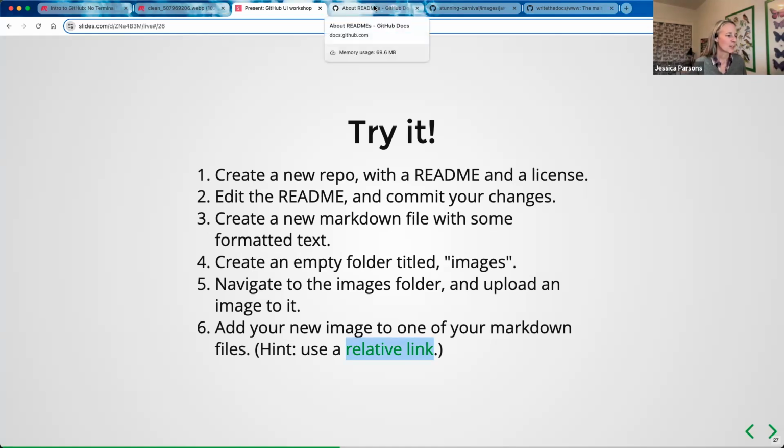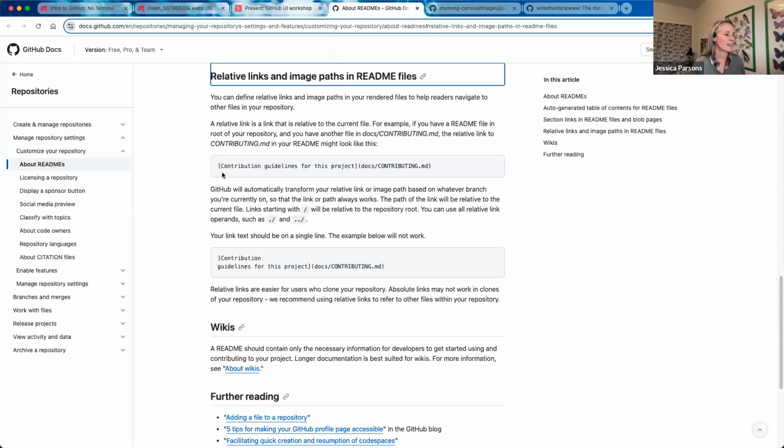But I think I'll just show it real quickly. So you want to have a relative link, which explains in here how to do relative links. With those, it's similar to if you've written relative links inside of web pages and things like that. It just starts at the beginning of the repository instead of starting with an HTTP or other protocol in the beginning. But the rest of it is in the regular Markdown URL format. So if we go down in here,